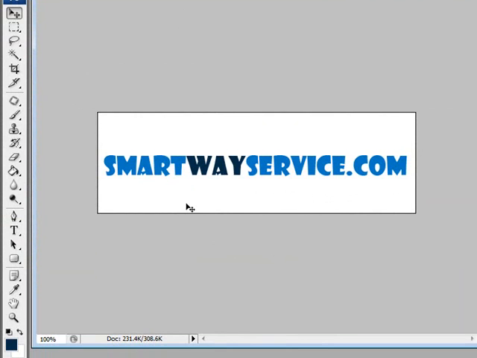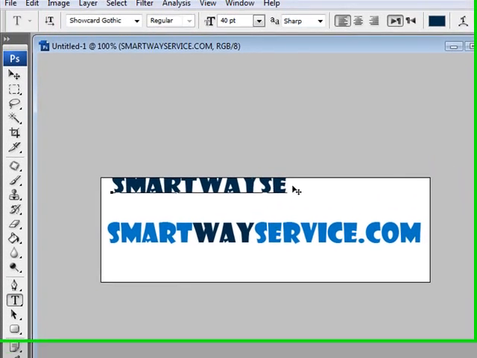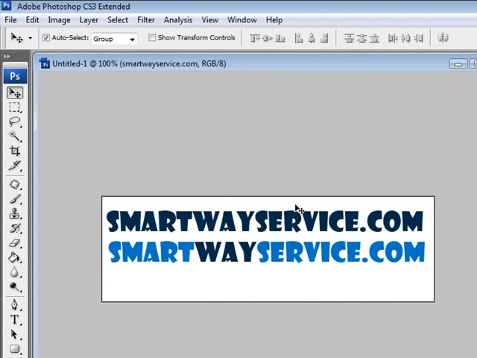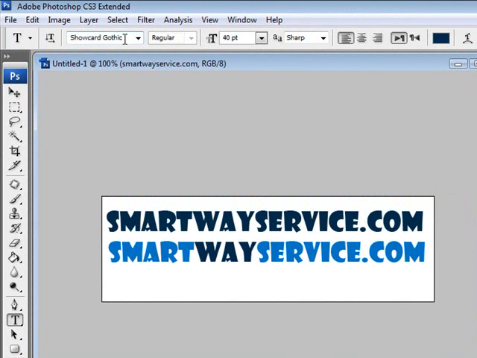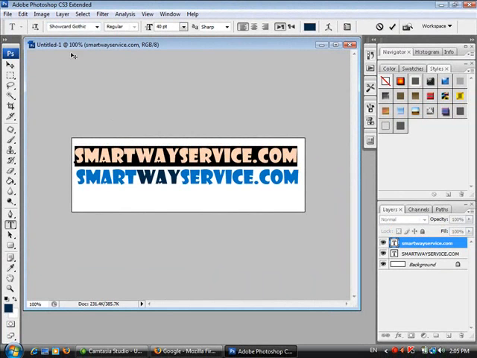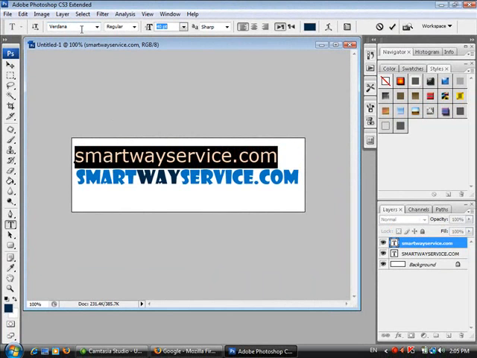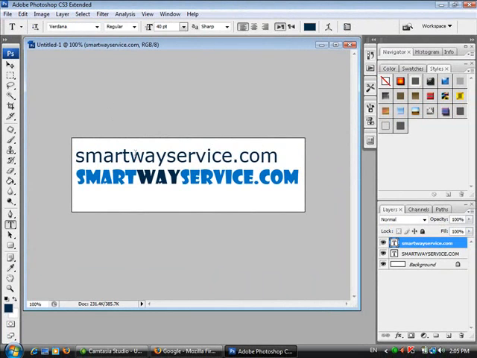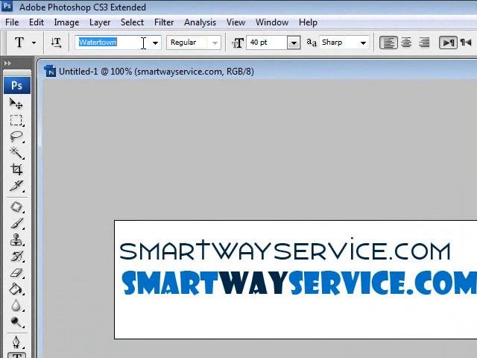You open the graphic, and you're either someone who's very familiar with fonts, and you simply come over here and type smartwayservice.com, knowing that the font the other graphic designer used was Showcard Gothic. Or the other option, which is the most common, you come over here and try to flip between the fonts until you find something that is close to the font or the exact same. This is a good way, but it wastes your time,